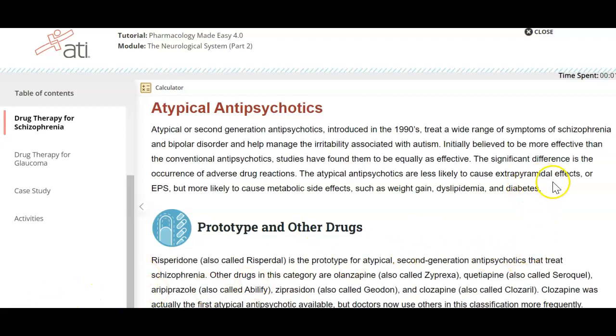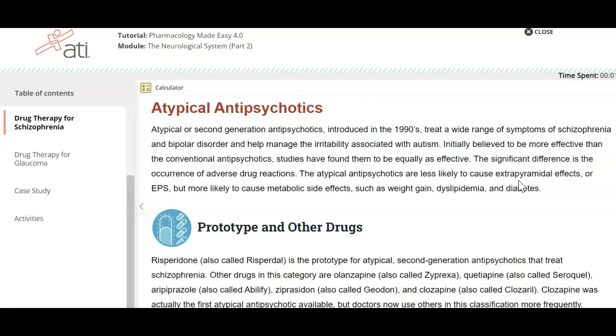The extrapyramidal effects are the muscle movement disorders that we talked about, and extrapyramidal is just a part of the brain that's responsible for that. It's abbreviated EPS. So anytime you see extrapyramidal, it means the same thing as those muscle movement disorders like akathisia, Parkinson's-like symptoms, and